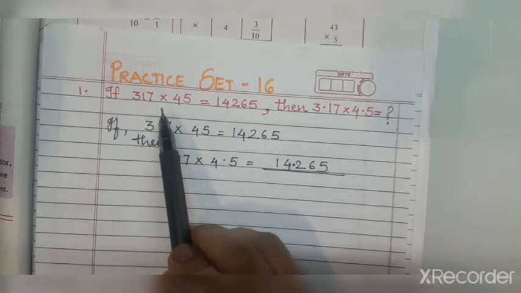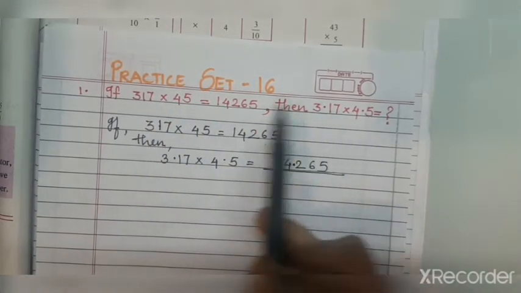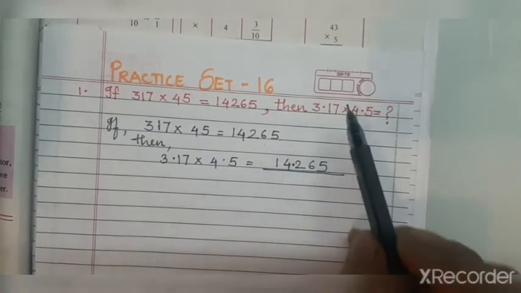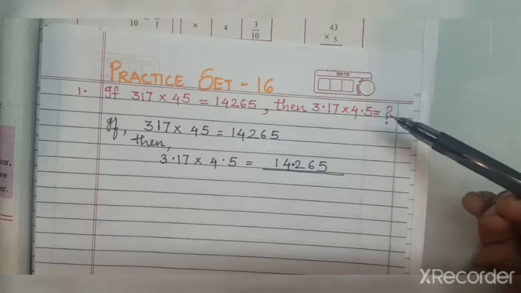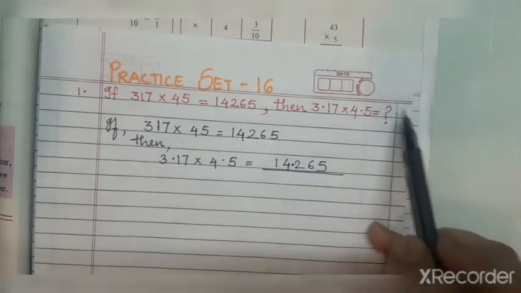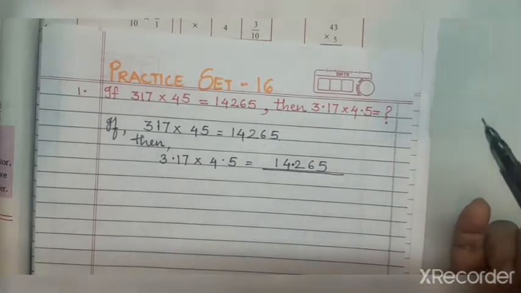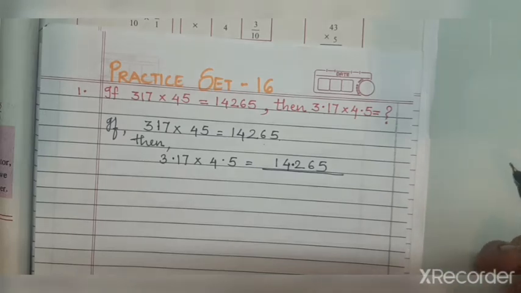So without actually doing the calculation, we can get the answer in such types of sums where they have given the product, but you need to check whether the digits are same. So 317, 317 and 45, 45. The difference is only of the decimal. So we are just going to count the decimal places and place the decimal. So isn't it very simple, the multiplication of a decimal fraction? Yes, whenever you get a question of multiplication of a decimal fraction, we have to just normally carry out the multiplication, and finally we just have to total up the decimal places and put the decimal in the particular place.